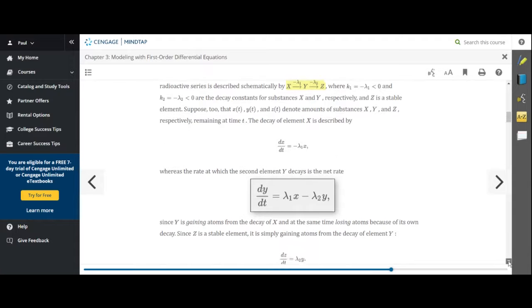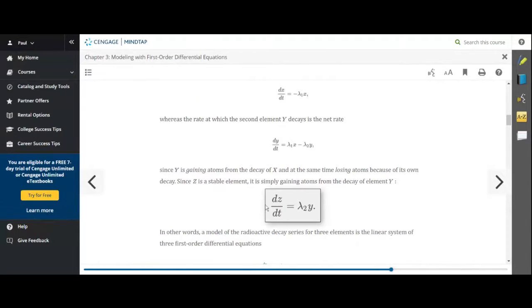And then finally, what's going on with Z here? dz/dt equals lambda 2 times Y. Now, does that represent exponential growth or exponential decay? That's right, Antonio, growth. It represents growth. And that makes sense because Z is the end. It's the stable product. So you end up with Z. And so we have a system here of